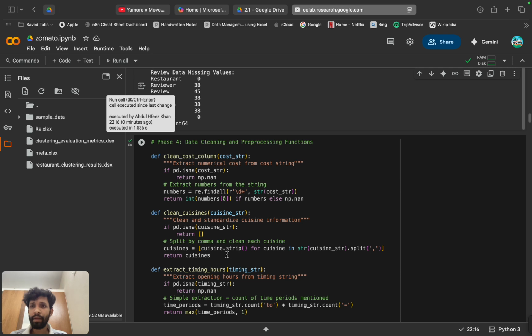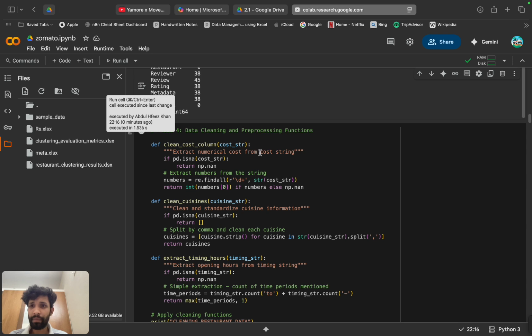Phase 4. In phase 4, data cleaning and preprocessing functions are used here. Let's break down the functions. There is a clean cost column function, which takes the cost string. These functions take the string representing the cost and extract the numerical value using a regular expression. It handles potential missing values by returning